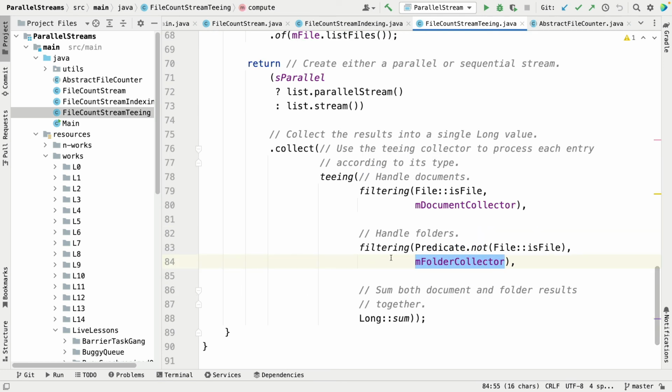So basically what's happening here is we're running these downstream collectors on the appropriate types of entries in the stream, and then the teeing collector is taking those results and then applying this binary operator, which is going to sum them up. All right, so now that you've seen how the program is designed, let's go ahead and take a